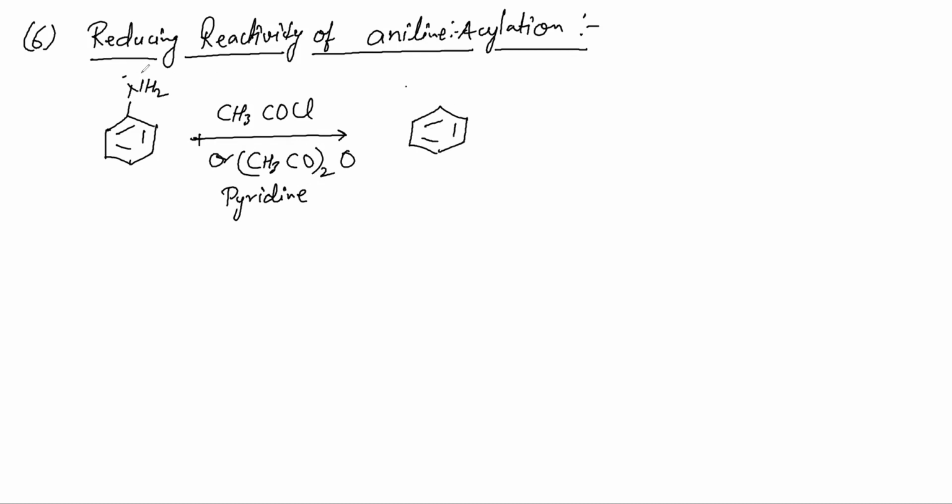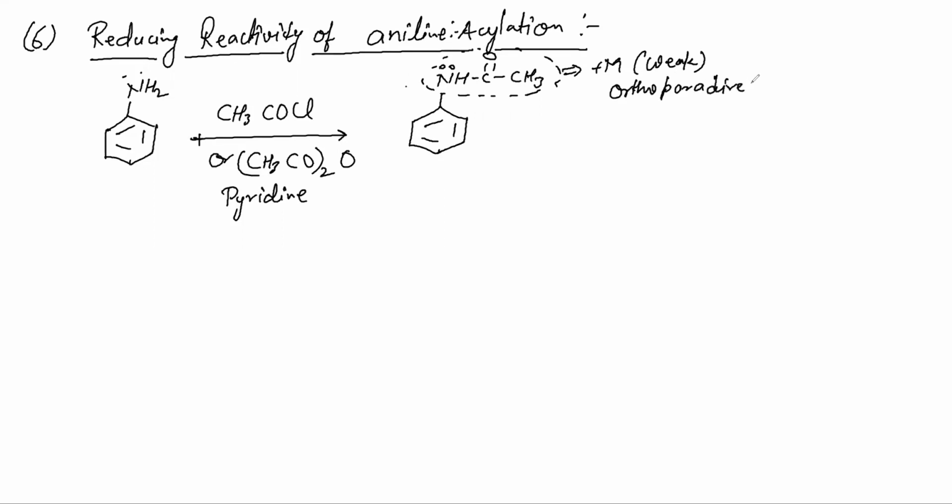Nitrogen lone pair will attack on carbon and then like that. So you will get eventually NHCOCH3. This is the exact same product. If you turn your pages back, you will find that we have already done this reaction. Now you have converted your aniline into something like this. I hope you can see the lone pair on nitrogen. So this will have plus M effect for sure, but weak. It's not that strong plus M. So plus M means it will be ortho para directing.